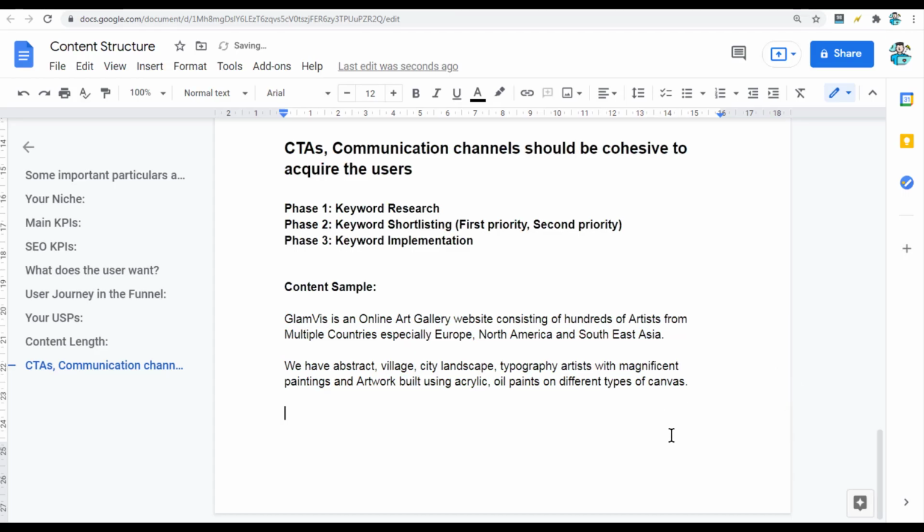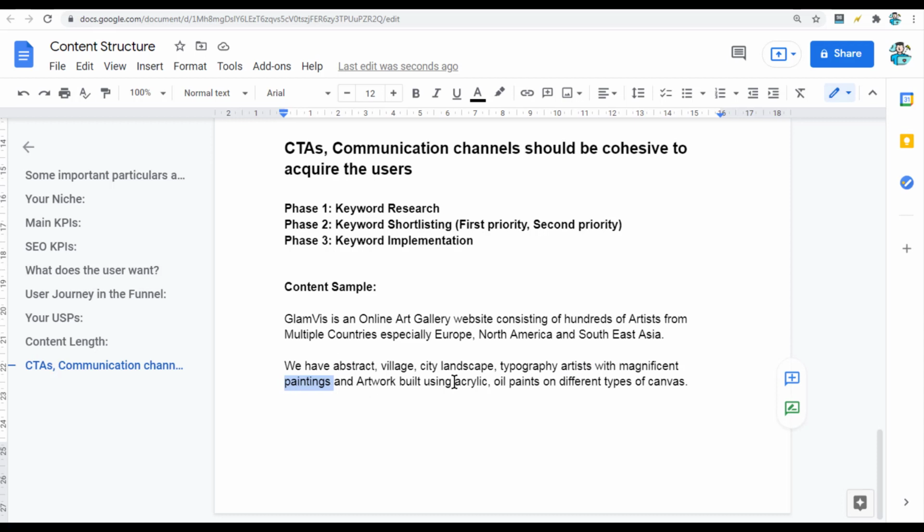Now we're gonna write. Okay, so in this one we have abstract, village, city, landscape. This is one. And then we have artists. When people search, they're gonna search for abstract artists, or they're gonna say abstract paintings.